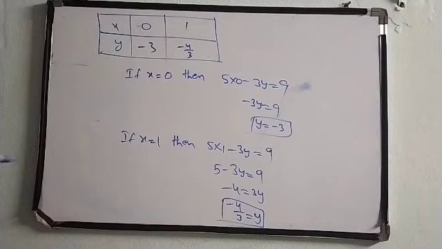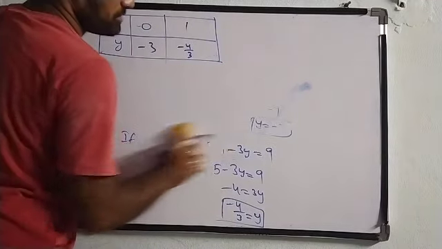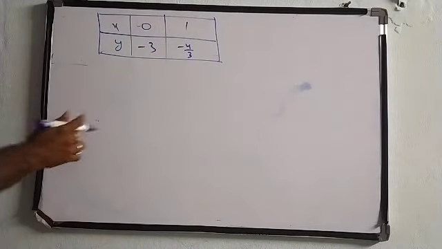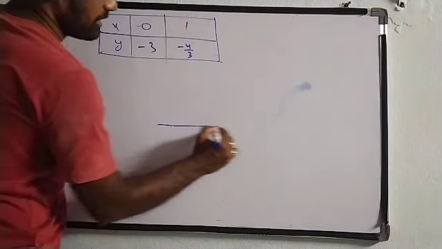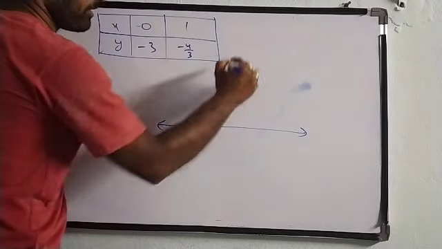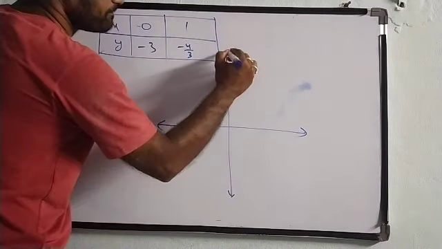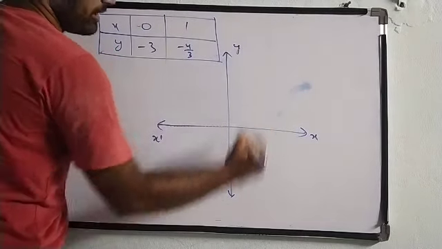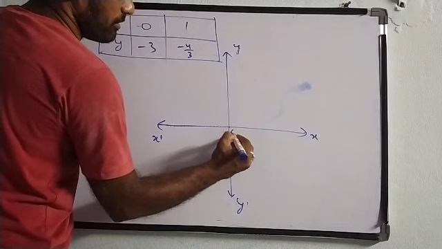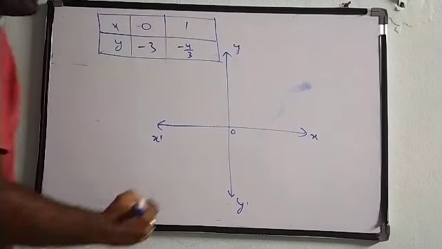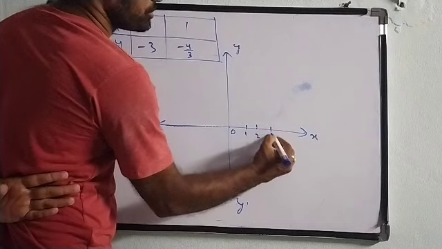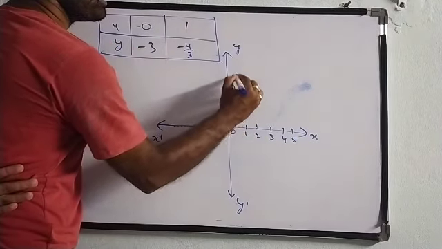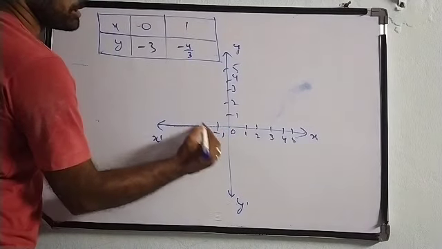Okay, let us start representing this in the Cartesian plane or the graph sheet, what we call generally. Let us take x axis and here it is y axis. Here is x axis, x dash, y dash, and the intersection part will be origin. Let us give the points 1, 2, 3, 4, 5. Here it will be 1, 2, 3, 4, 5. Let me represent on all the sides.